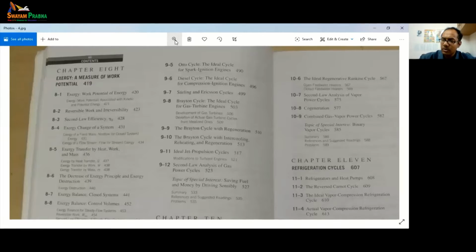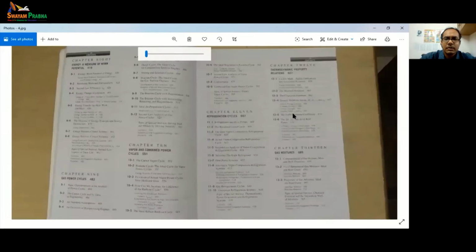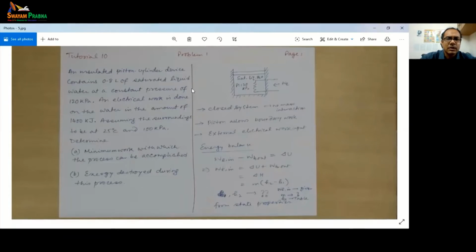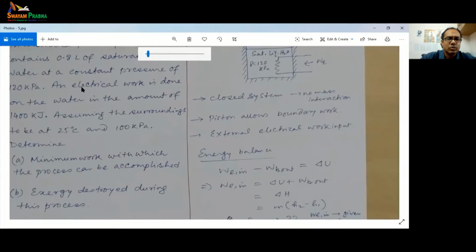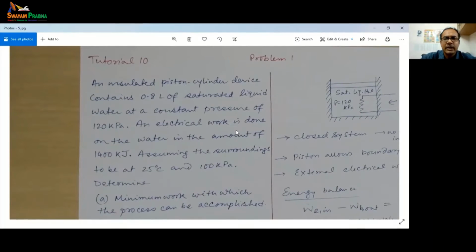So the first problem we are going to take is on a closed system. In the last tutorial also, the last problem we took was on a closed system. We'll take problems on both closed systems and open systems, and where work is involved and where only heat is involved. So all kinds of things we'll do